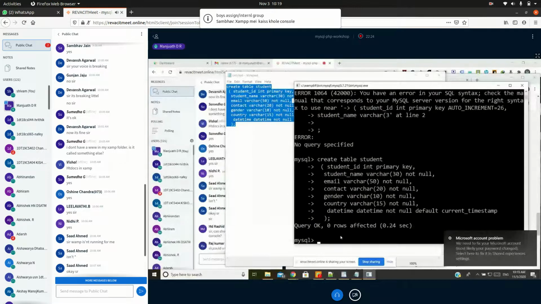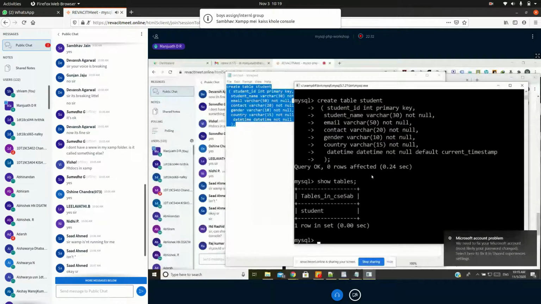I think I have created one table. You can check it out. What are the tables? Show tables. Okay, so there is a table called student. I want to insert some values into my student. At least I am going to insert 3 values here. Insert into student values.